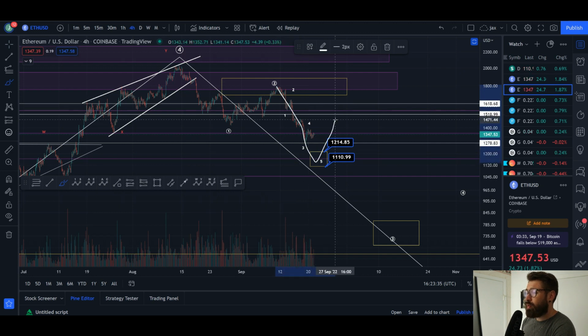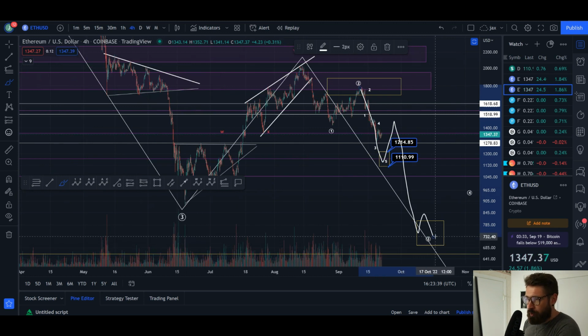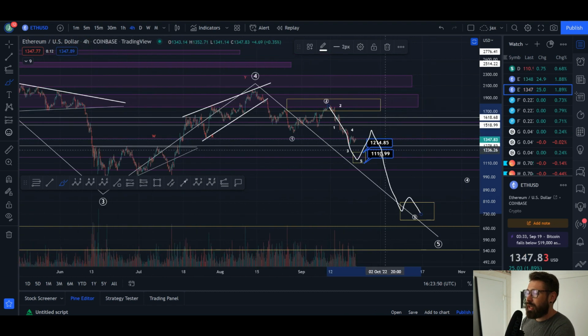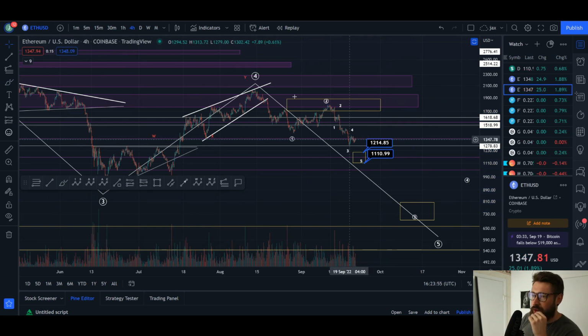Then you'd see a wave 2 pullback, wave 3, wave 4, wave 5, which would bring you down to the proper price target of a wave 3 to the downside in between about 695 to 806. And that's from the all-time high, all right, guys, not the irregular ABC correction. So that's what I'm looking at, as I mentioned in my videos. I guess you guys are probably tired of hearing that, but it's important to repeat it.